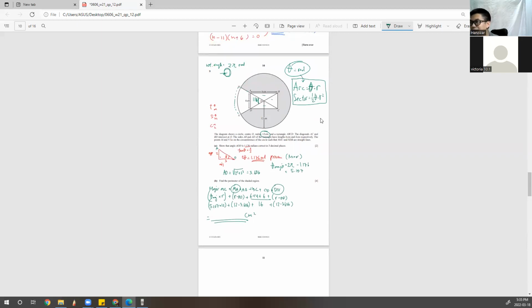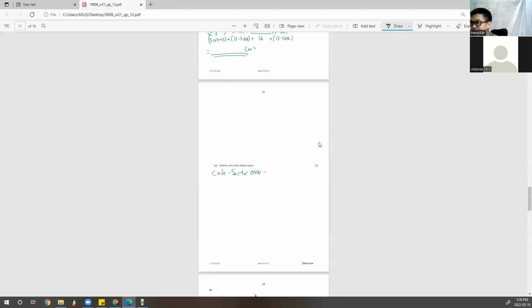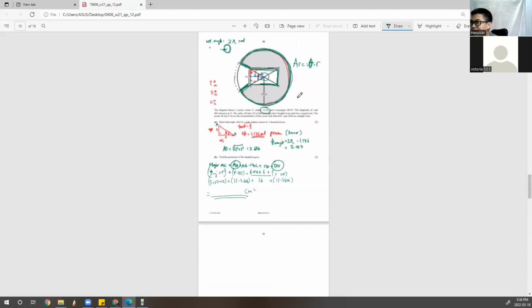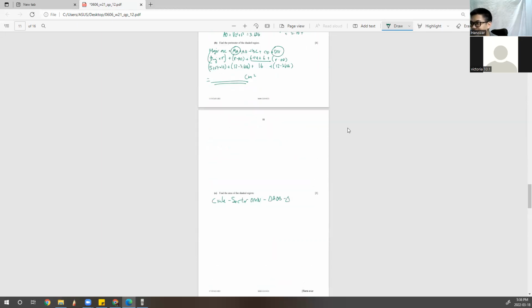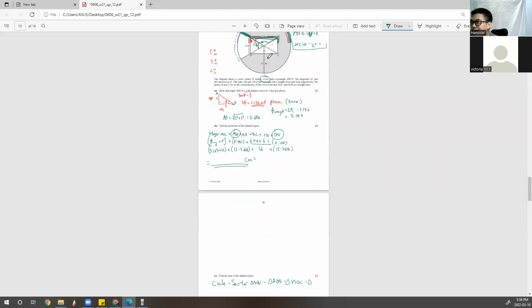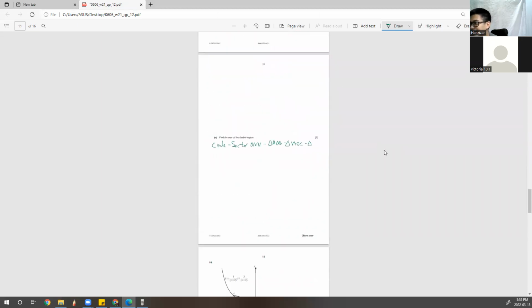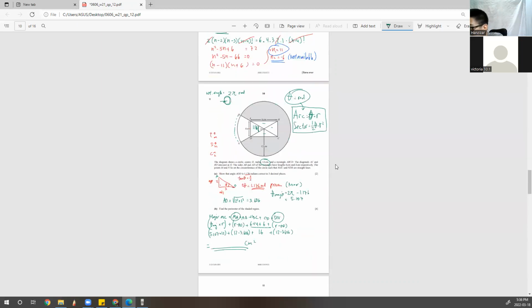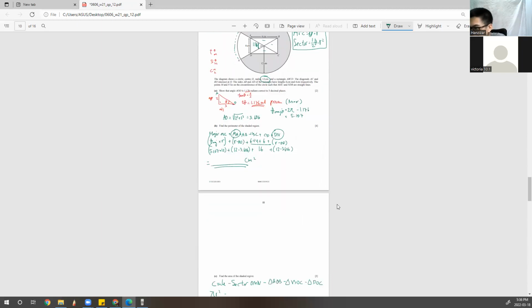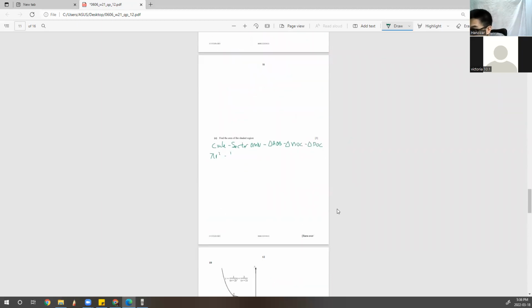So triangle AOB, subtract triangle BOC, subtract triangle DOC. There is no easy way. Okay, so circle area pi r square, very simple. Sector is the small theta, theta minor, right? Half theta r square. Write it down one more time. Half theta r square